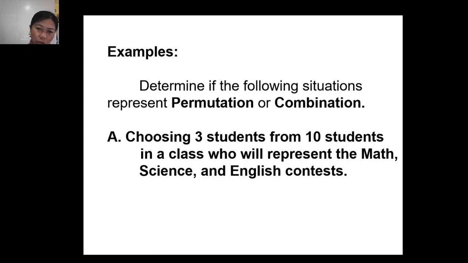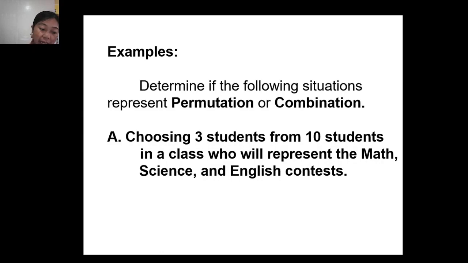So, ano ba itong situation na ito? Ito ba ay nag-illustrate ng permutation or combination? If we're going to analyze based on the difference between permutations and combination, the given situation in A, sabi dyan,